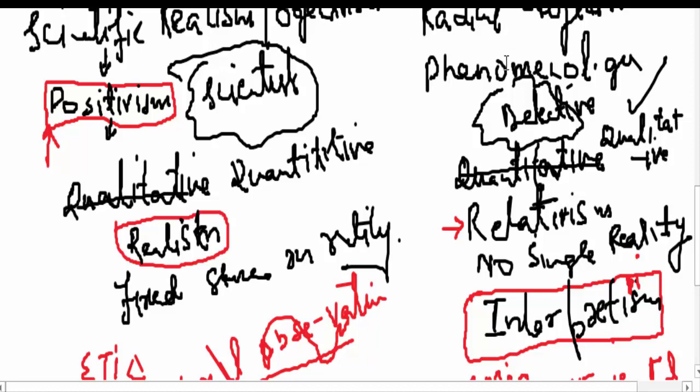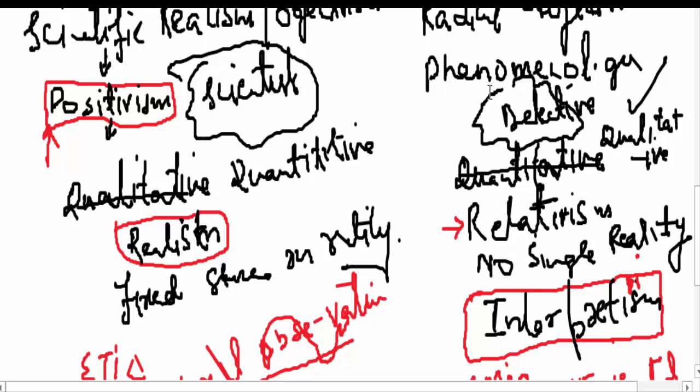We have scientific realism or objectivism, and we have radical subjectivism. We also call it phenomenology, and here we have what's called positivism. It's a scientific approach because we deal with objective data. Objective data is something measurable, which is why we say it's quantitative research. For example, we say 75% of the population is addicted to a particular thing, which is the kind of data you can't deny, and it's easy to defend.